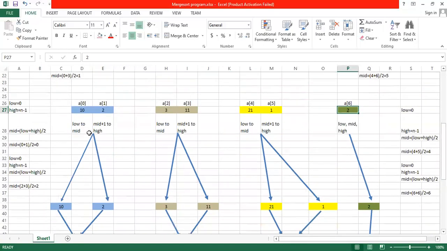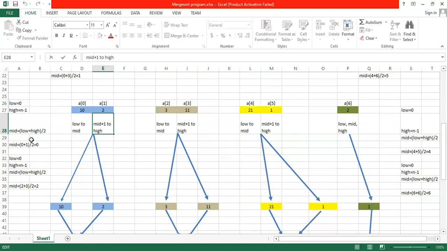Now subdividing further, the left array has subscripts 0 and 1. Calculating the mid value, 0 plus 1 divided by 2 is 0.5, and we take the integer value, that is 0. So your mid value is 0. That is why I have written low to mid remaining here, and mid plus 1 to high remaining here, because low and mid are both the same. The same goes here: 2 plus 3 divided by 2 is 2, so low is 2, high is 3, and mid is also 2. Low and mid remain the same here, and mid plus 1 to high remains here.